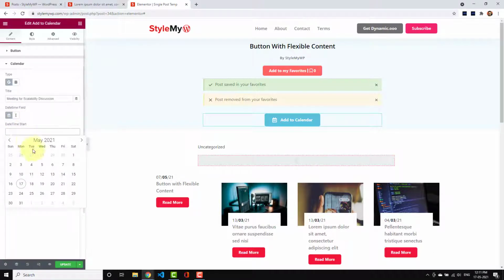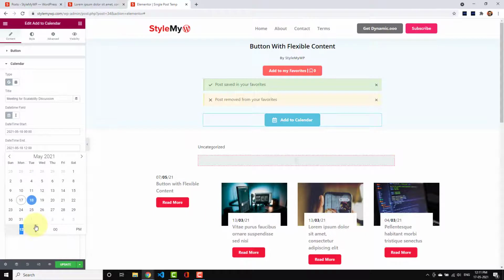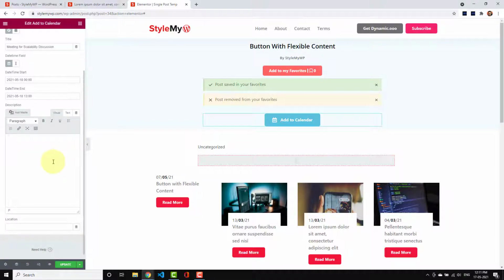This is very simple. You just need to put the date values and time, and here it is, just one more. And here is the description of the meeting. So let's say discussion on scalability, location, Venice, Italy.